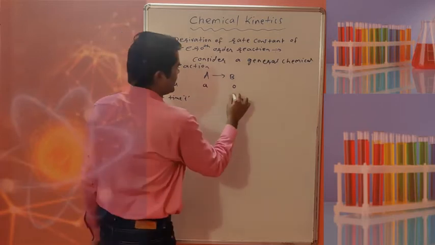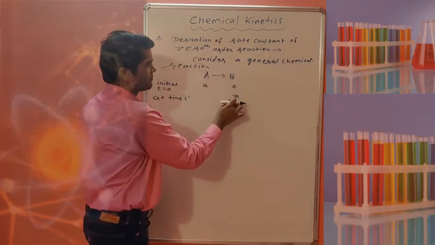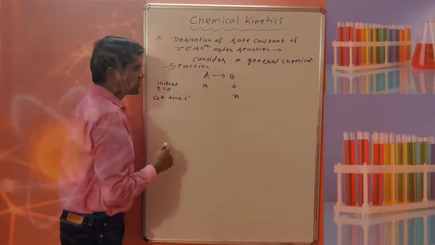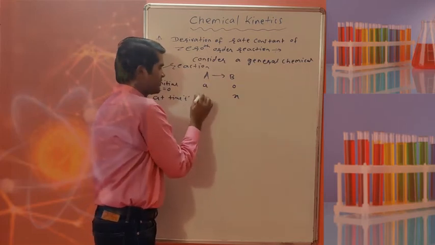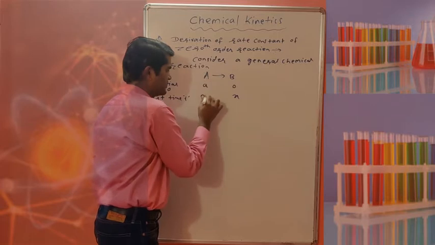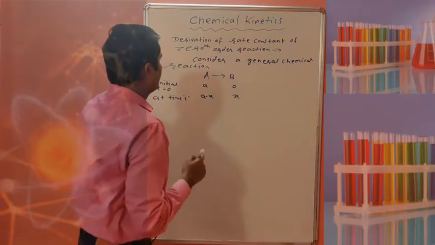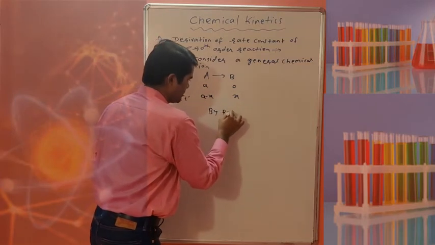the concentration of product be X. Already we have discussed that from the initial concentration of A and this value of X, the remaining concentration of unreacted reactant at time t is A minus X. So for this general reaction, by rate law, we can write